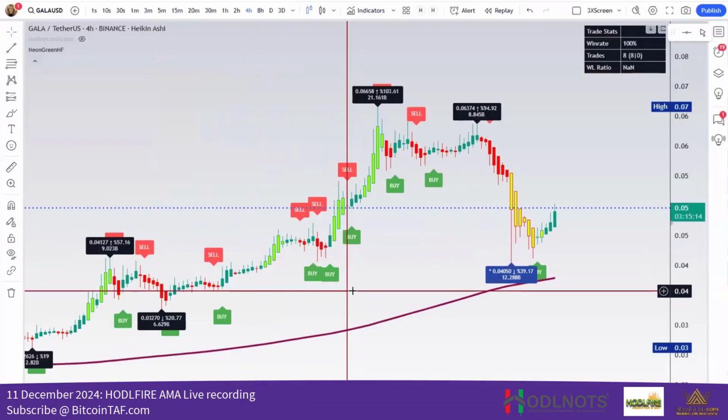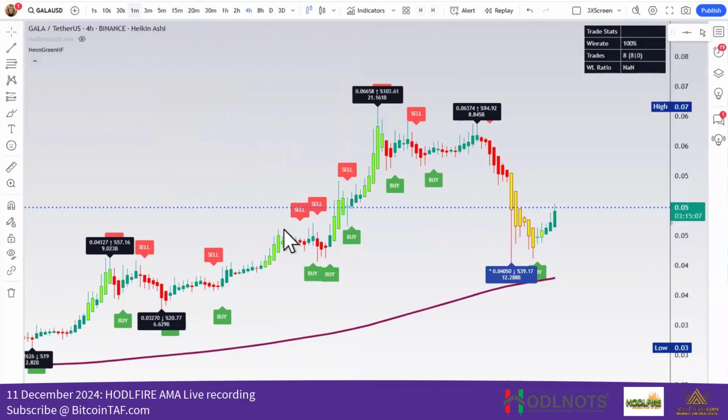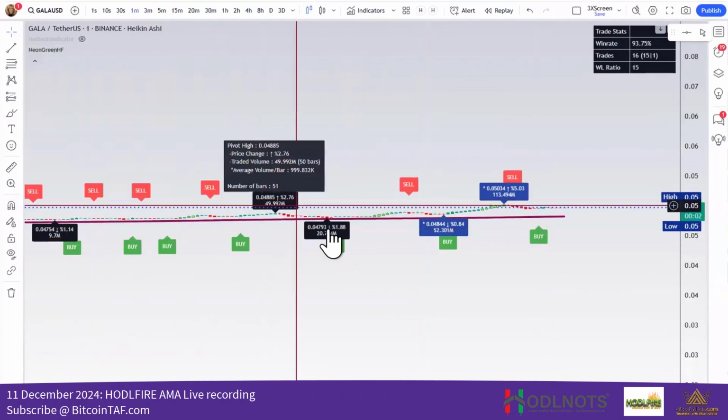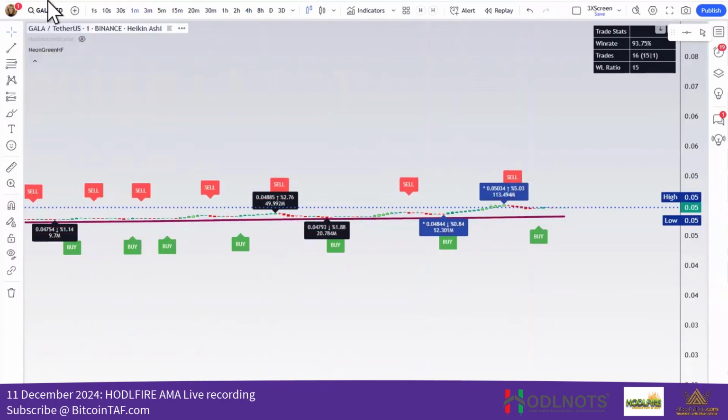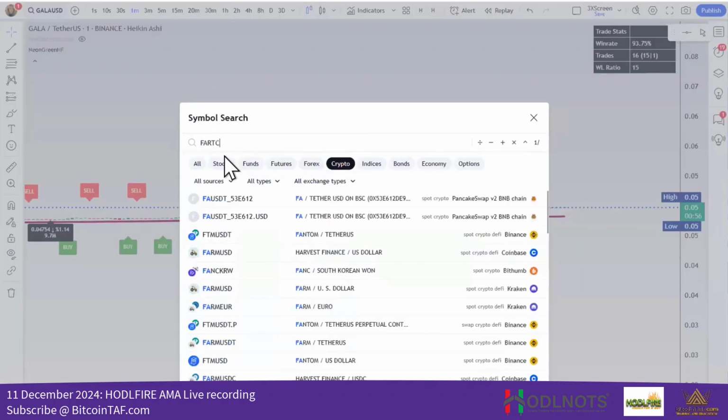This is not for new traders. This is not for you if you do not know how to scalp trade. But for those people who do, it's not fair that I don't show it. On 1 minute, Gala is not one that I would scalp trade because you can see that these pivots do not work on Gala. But if we go back to the coin that was running today, my F coin,